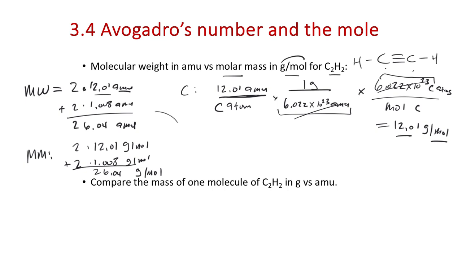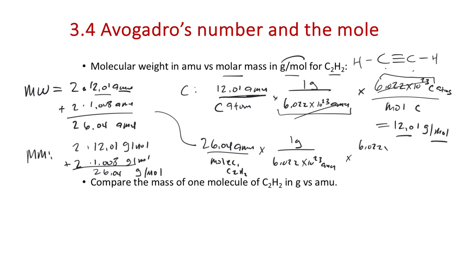Another approach, we showed this last time, is that you can just do the same math here. 26.04 AMU, and 6.022 times 10 to the 23 AMU is a gram. And then this is the weight per molecule of C2H2. And then you can multiply by Avogadro's number of molecules. So the molar mass, of course, is 26.04